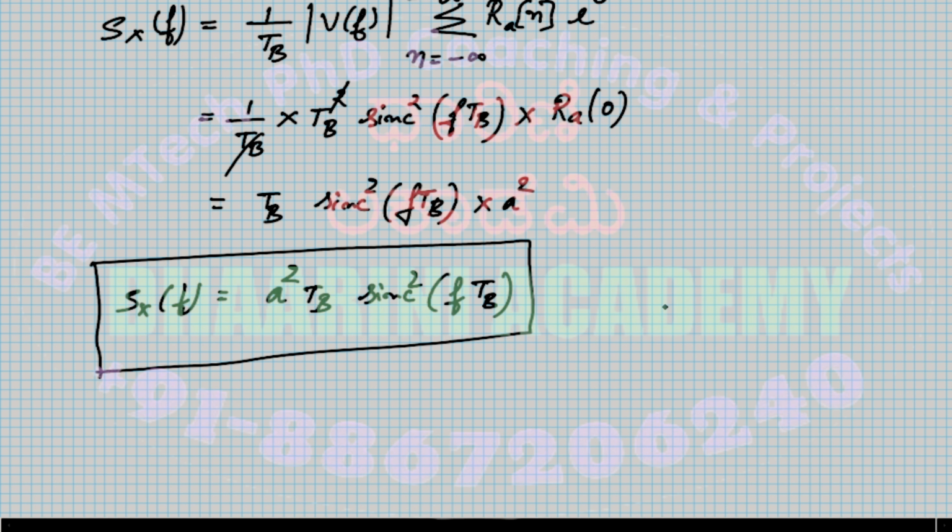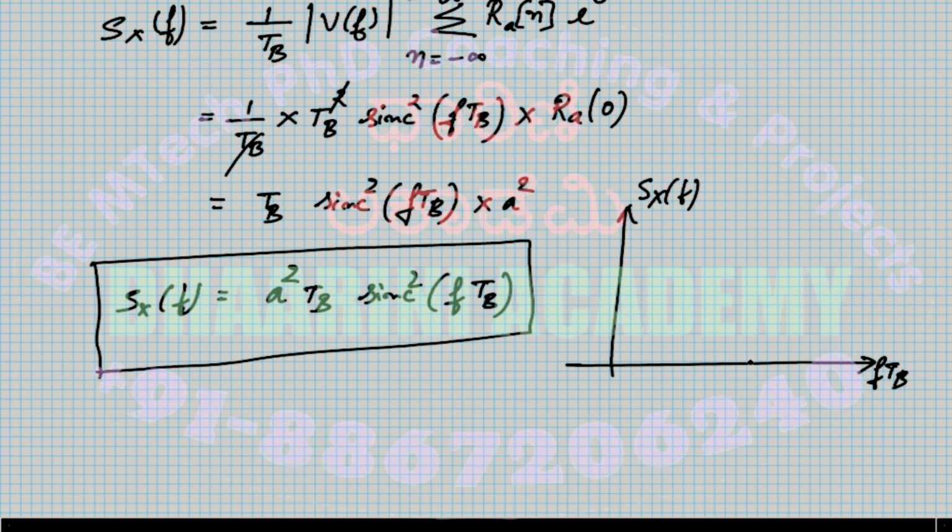Okay, so anyway, let's try to plot and see how this looks. There is a difference between this equation and the previous equation. Let's compare later on. All right, but I need to plot this. So if I write f into TB as my axis, and this is Sx of f,